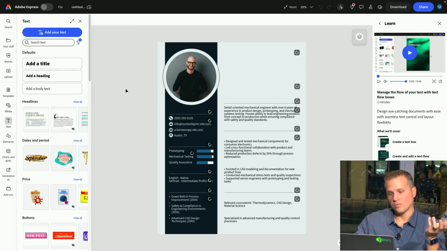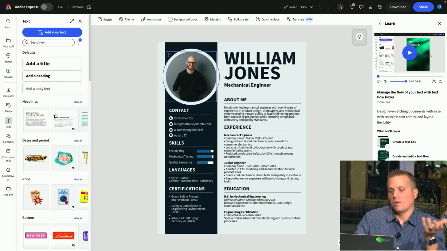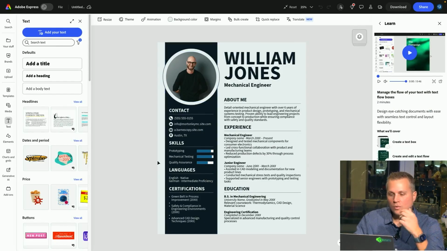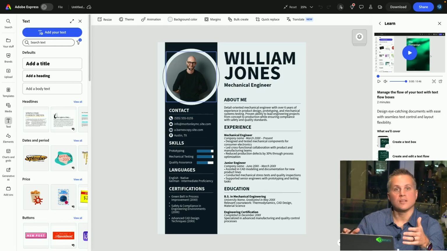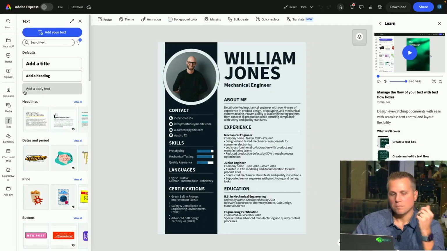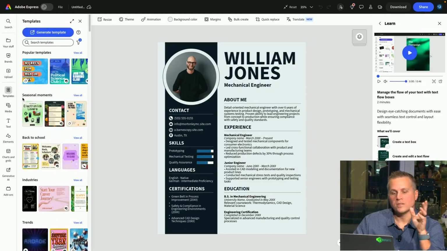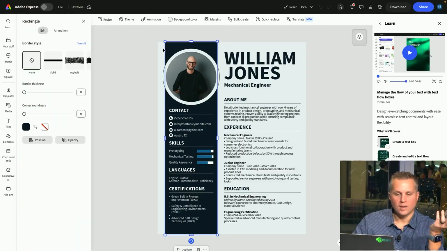Some of these are pretty nice. This is a very nice layout. If you want to put an image on your resume, you can see there's a lot of thought put into making things look clean and professional, and everything's aligned properly. It's those little attention-to-detail things that make a piece look really professional. And I think this is a good example of that. But it's also a great example of how you could jump into Express, take a look at what's available to you, and then go ahead and edit